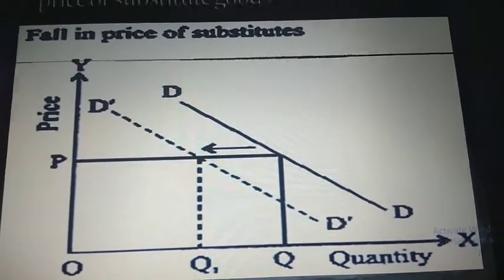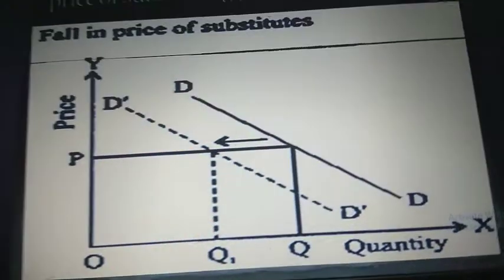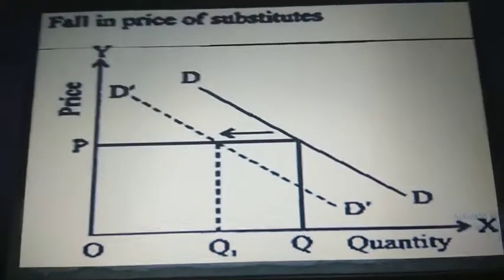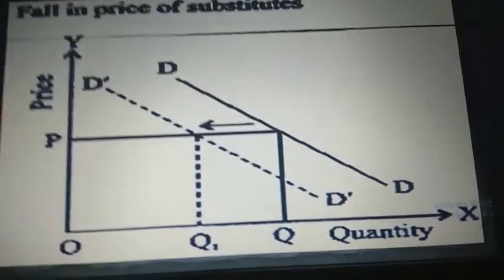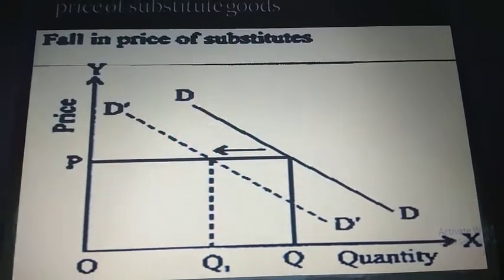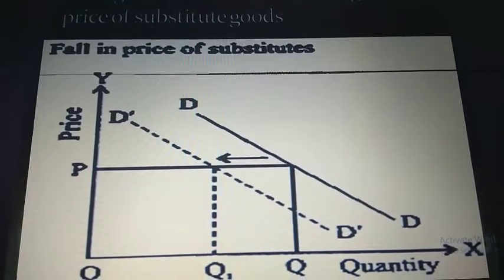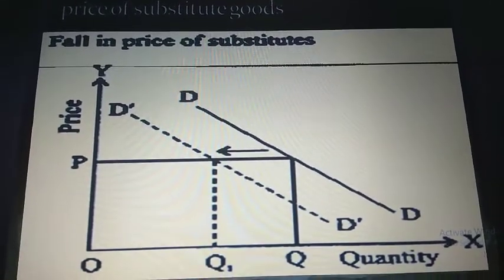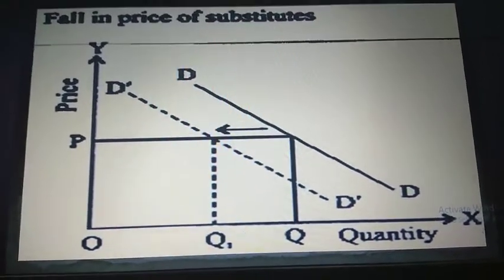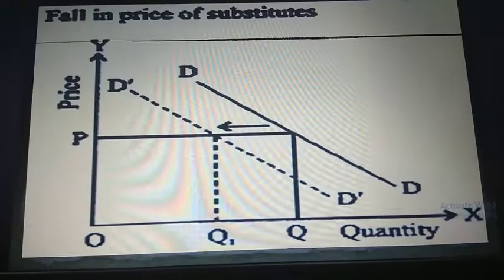Now students, as I was telling you in my previous session, if these types of questions arise, how do we answer them? Suppose a question in front of you is: explain the changes in the demand of given good due to changes in price of substitute good. The price of substitute good can either fall or rise. Now you will write this way.